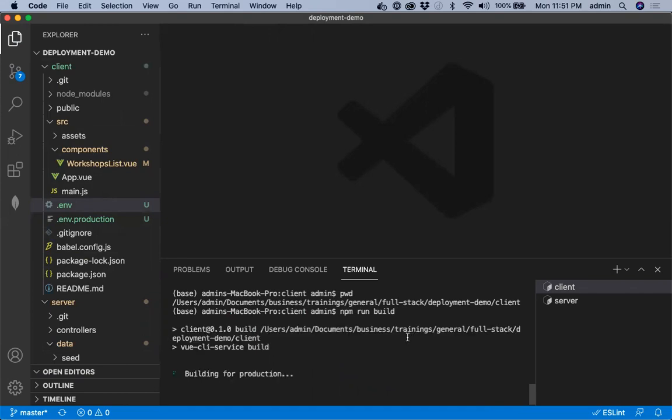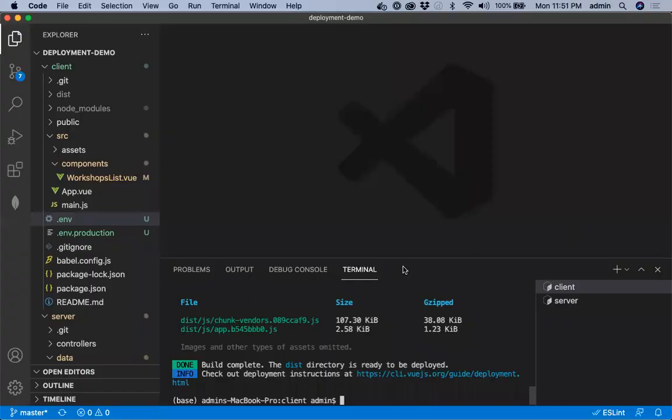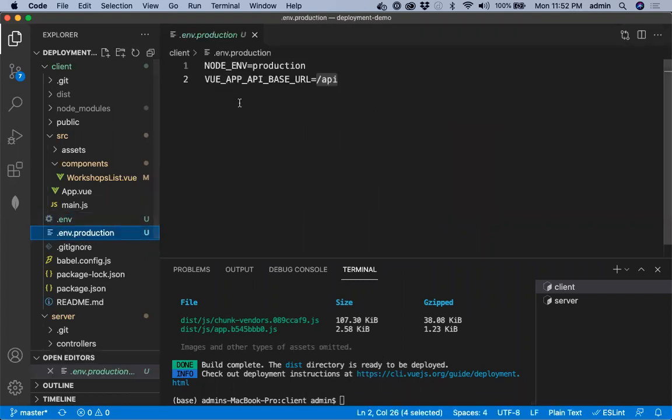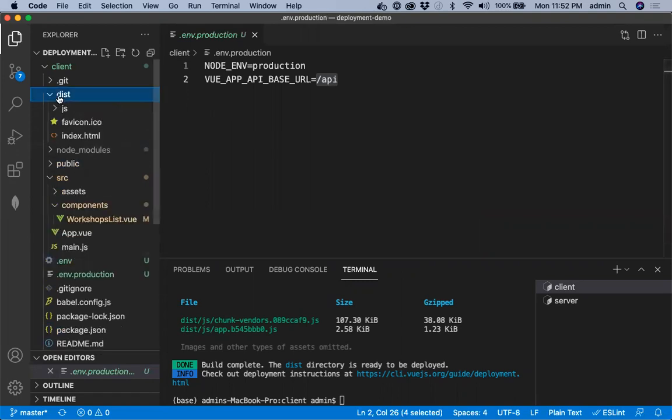This is going to take some time. Now we have the production build created. It would have used the .env.production variables, and we have the dist folder. So this is the folder which has our front-end application.